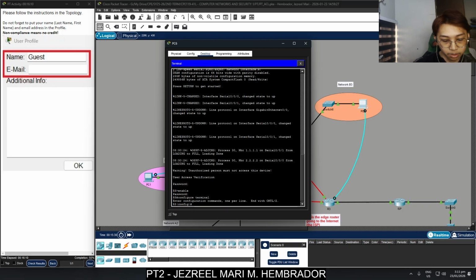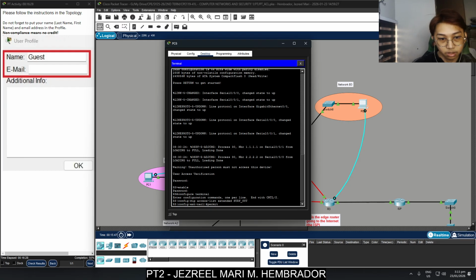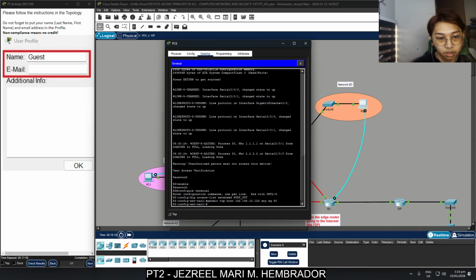So here we're going to type ip access-list extended surf_out, and then permit tcp host 192.168.10.126 any eq 80.